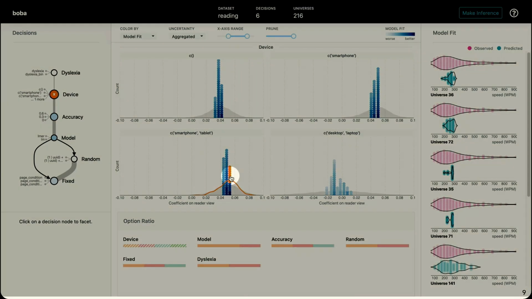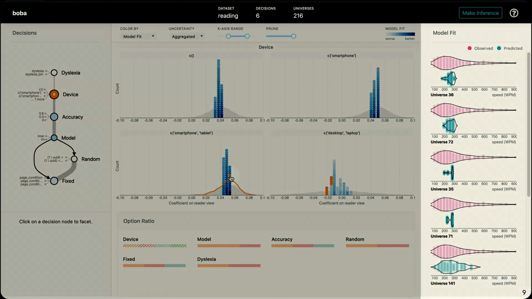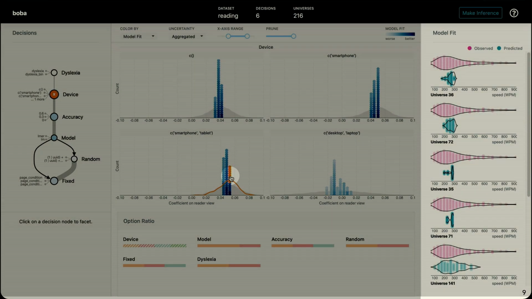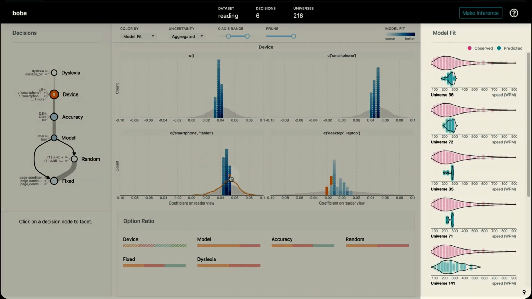If we're wanting to observe and understand model quality, we can see the observed and predicted outcomes on this right-hand panel. By hovering over specific analysis paths in this middle area, we can see the different model predictions on the right-hand side and then filter based on model quality. Once we're happy with a specific set of models that we want to perform inference on,